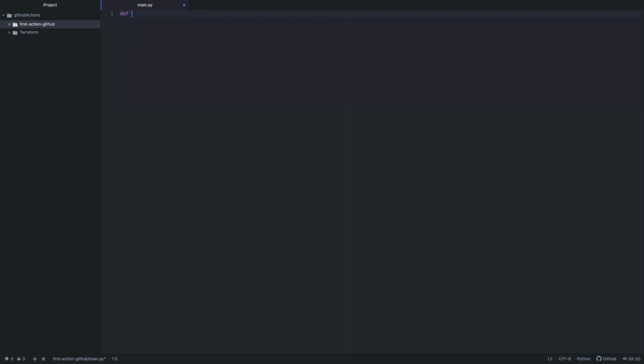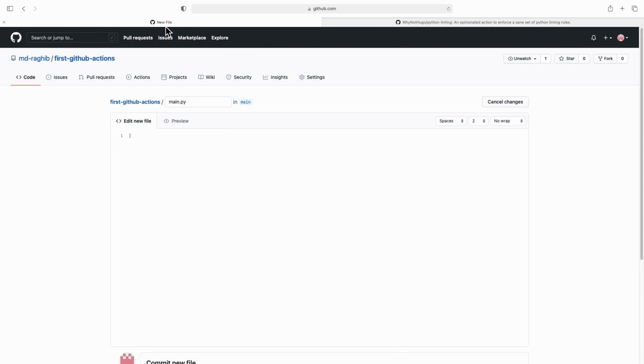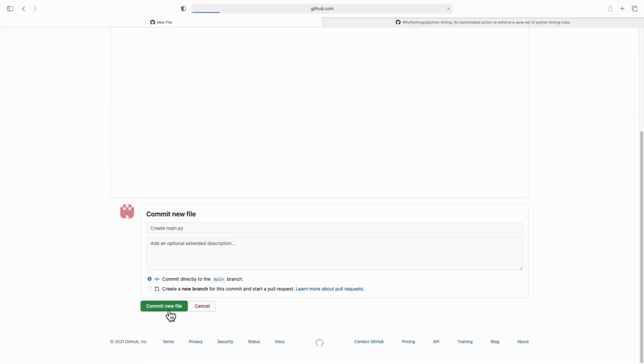We'll do a function hello, which will print hello world, and another function hi, which will print hi world. And I'm going to call the hello function. Let's now copy and paste this and commit our changes.